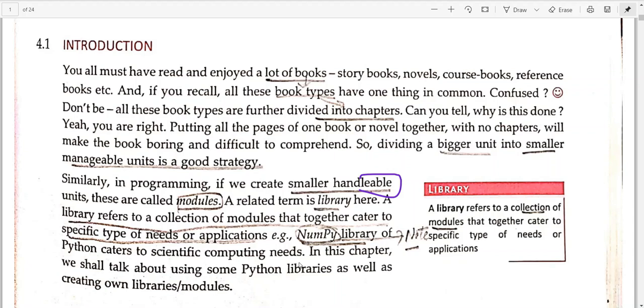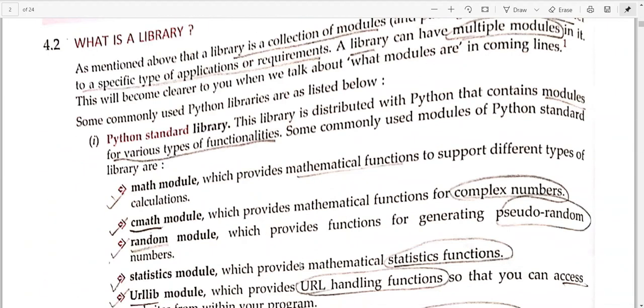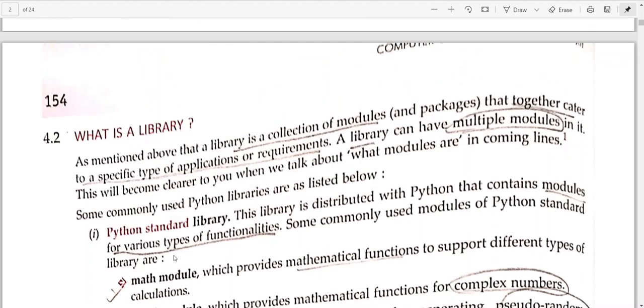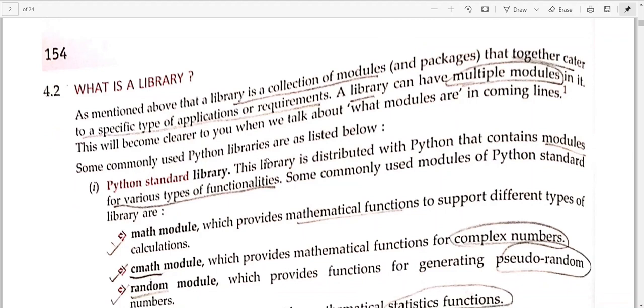Fine. So let us take a few more examples of libraries and read about them in more detail. A library is a collection of modules and packages that together cater to a specific application or requirement. So a library has multiple modules in it. Some commonly used Python libraries are inbuilt.